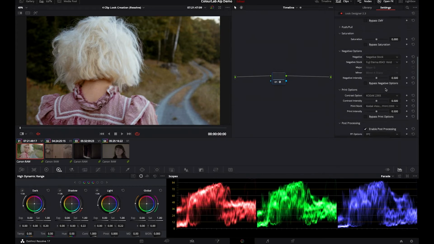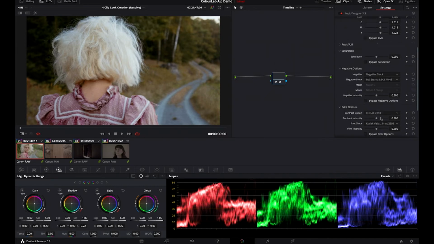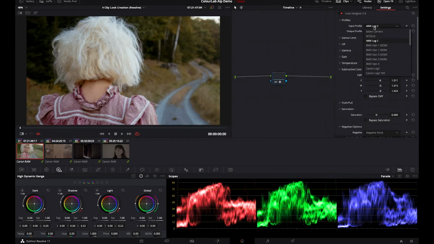Now that I feel good about this look, I can export the LUT in whatever way I want. Canon to 709 for in-camera use, or ARRI to ARRI without the ODT. Now that I've got the look built and the 709 transform on, I'll jump back to the pre-clipped tree and